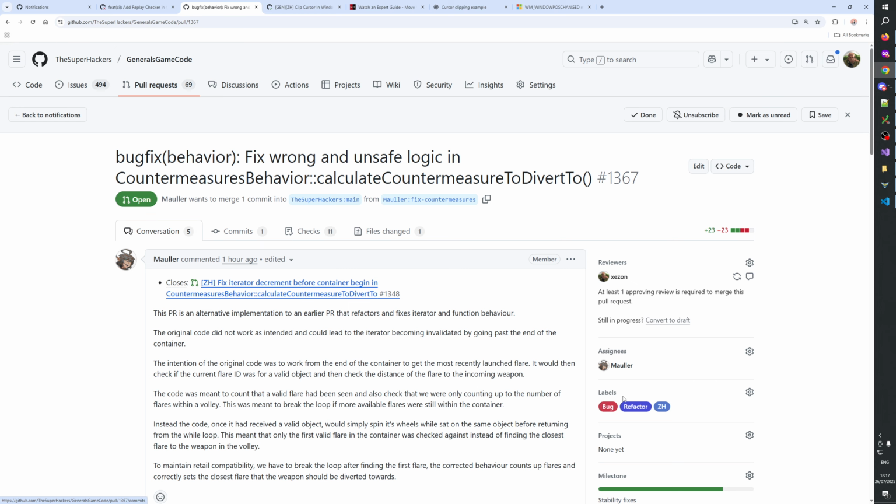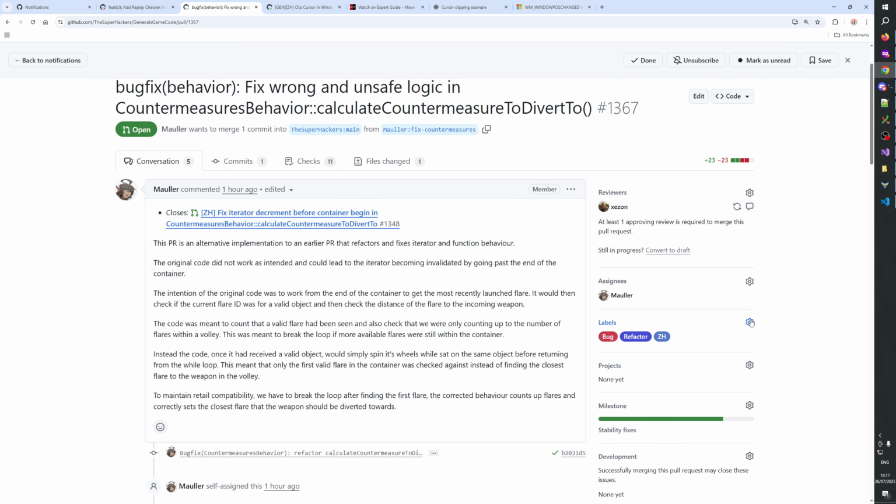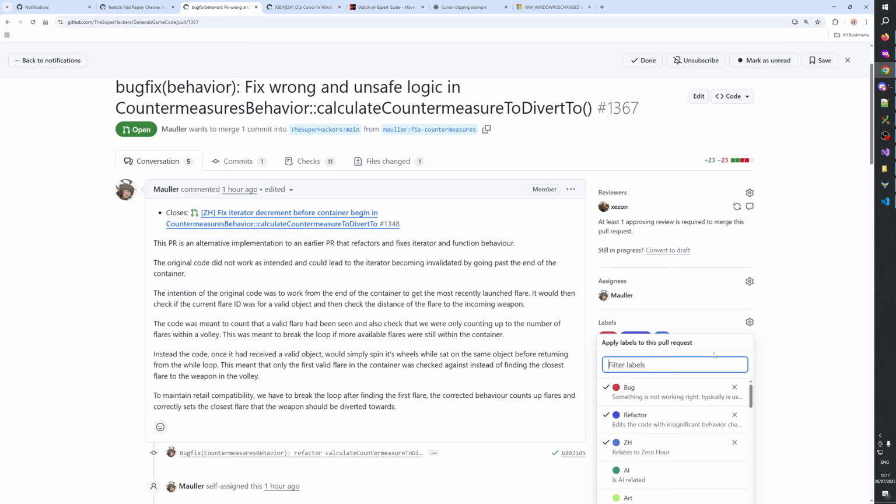Why is this called refactor? Bug. Bug refactor.